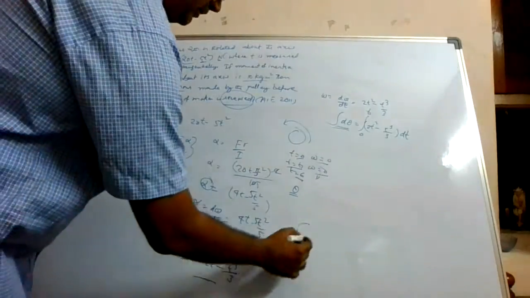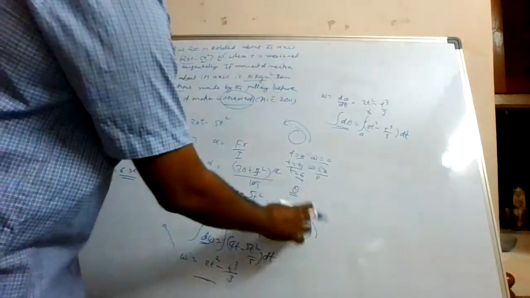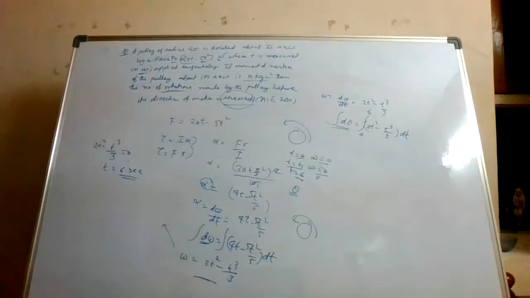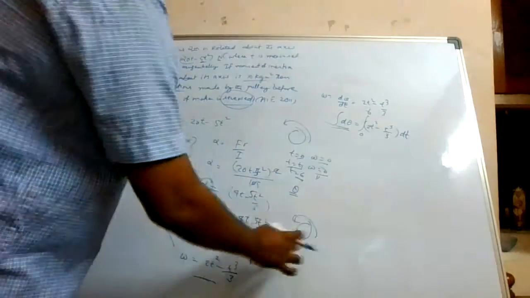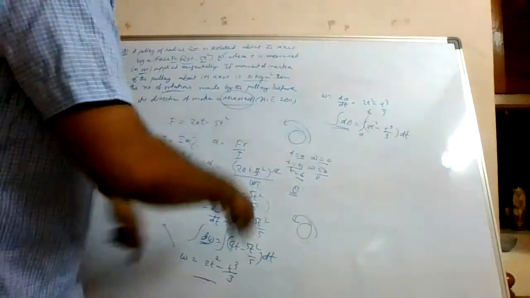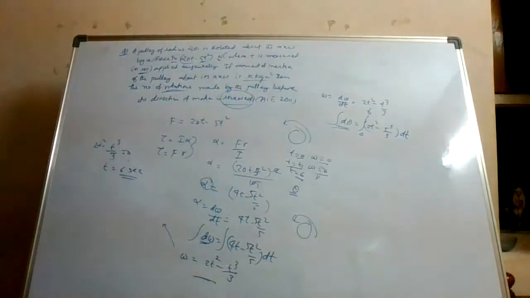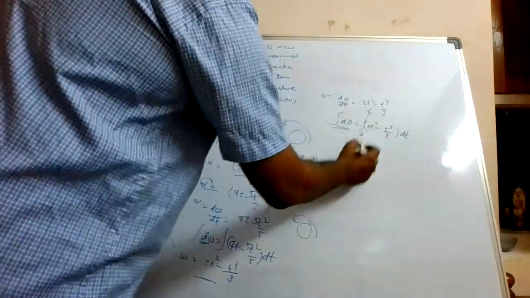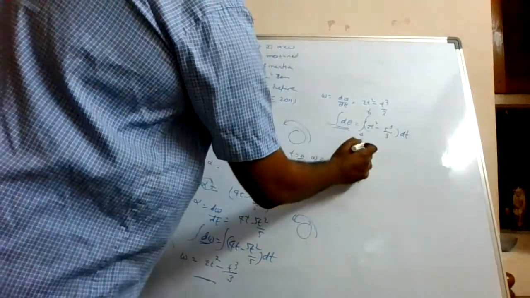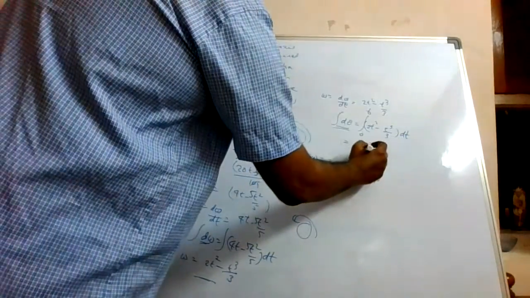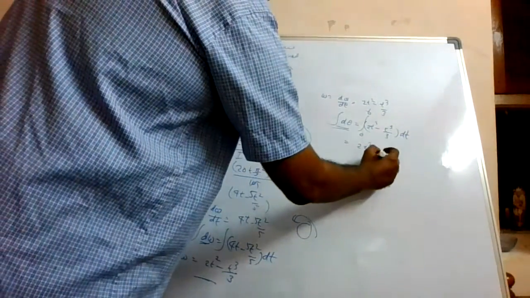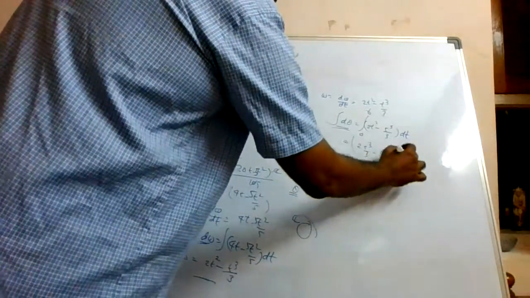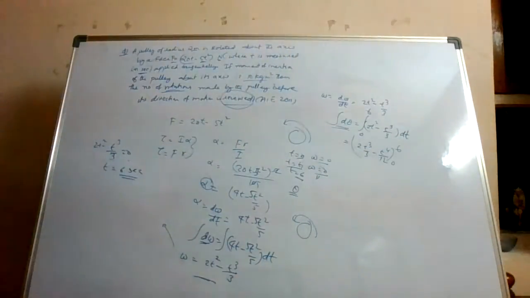Okay, so it was rotating like this. So for 6, imagine the clock is ticking 1, 2, 3, 4, 5, 6 seconds. So it will be fast rotating, no? Then it came to rest and then it started rotating in the opposite direction. So you have to integrate from 0 to 6. So it just becomes t cube by 3. So this becomes t cube by 3 minus, this is t power 4, 4 into 3, 12, from 0 to 6.